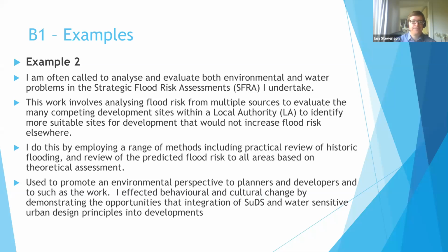Example 2, I'm often called to analyse and evaluate both environmental and water problems in the strategic flood risk assessments I undertake. So here's the problem that is being assessed. Looking at ways to assess this. This work involved analysing flood risk from multiple sources to evaluate the many competing site developments with the local authority to identify more suitable sites for development that would not increase flood risk elsewhere. So again,